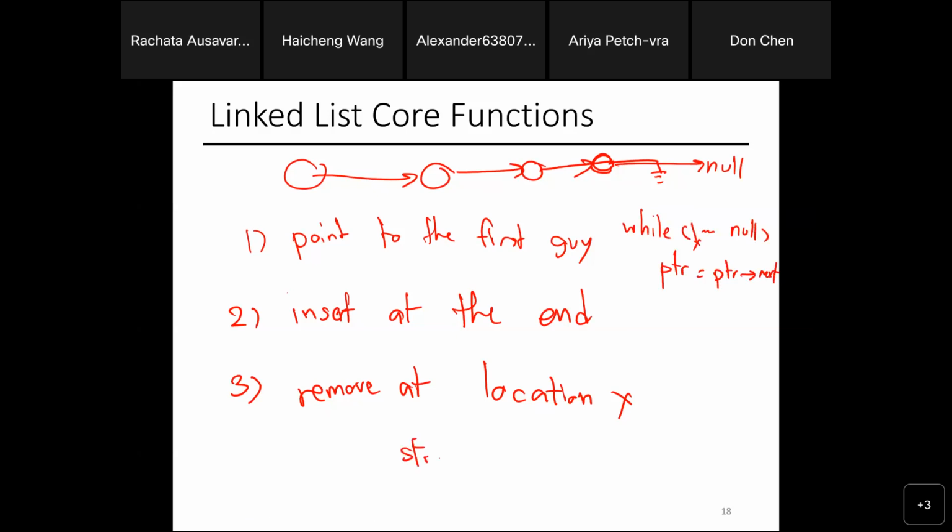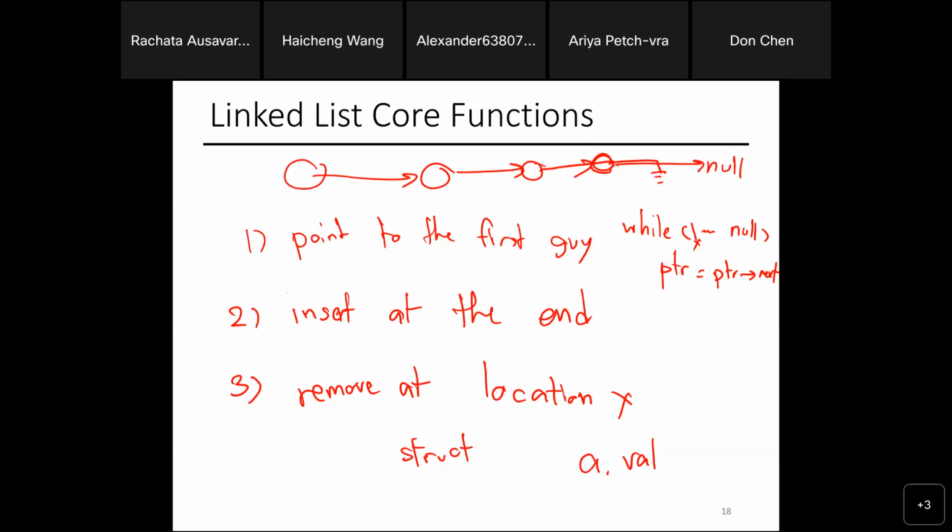In a struct, the way you access things inside the struct is with the dot operator. For example, you can do a dot val, which means I go to the val element of my struct, because a is a struct itself.